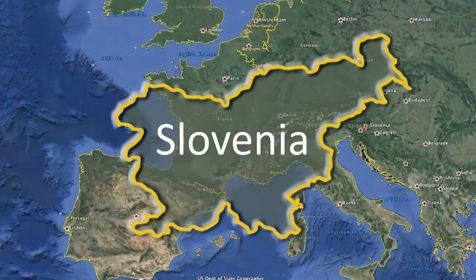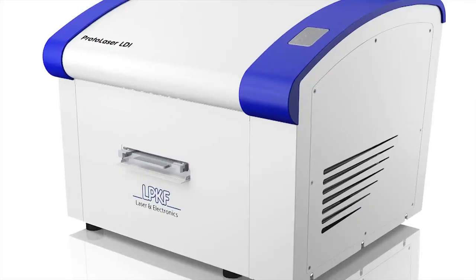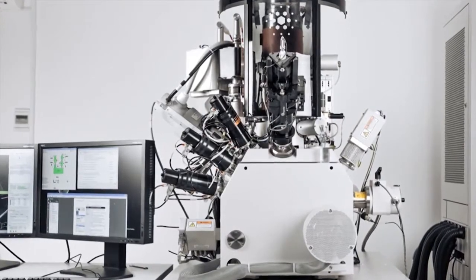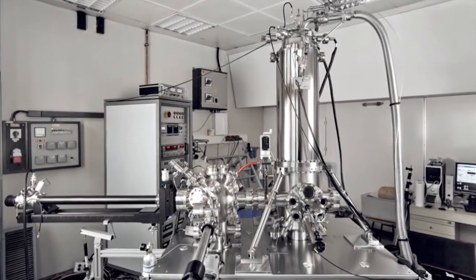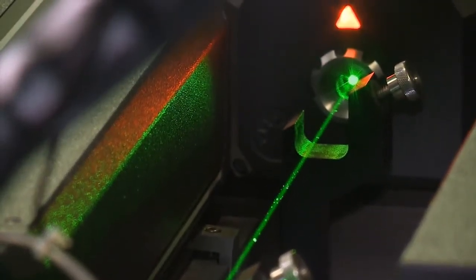Nanocenter is a joint project of several Slovenian research institutions and technology companies. The center provides facilities and state-of-the-art equipment in the field of nanotechnology. One of the latest research results, where Nanocenter's equipment was involved in, is the discovery of interesting phenomena in the